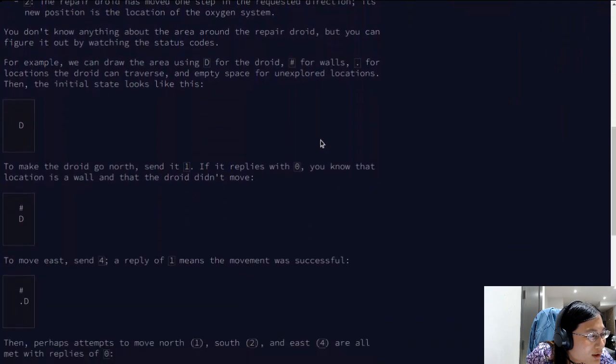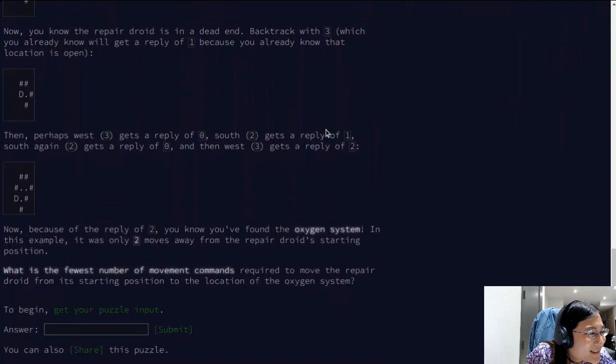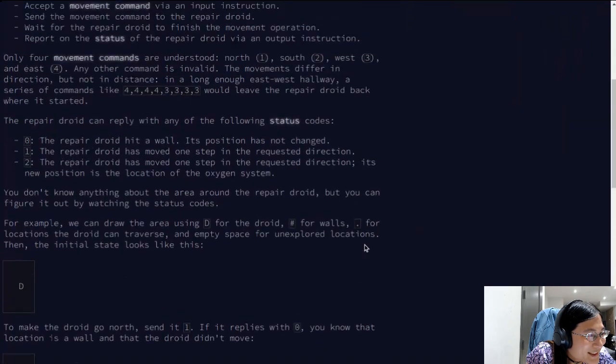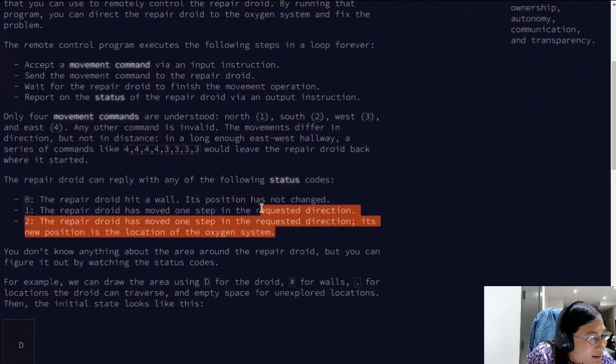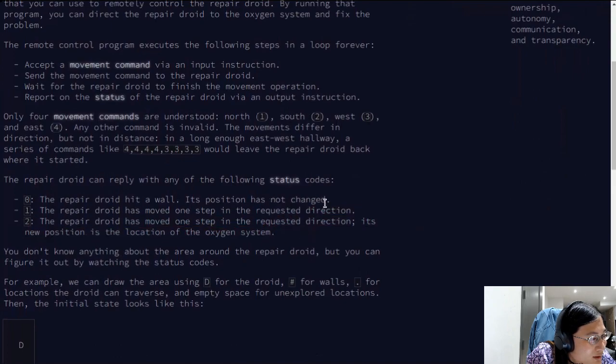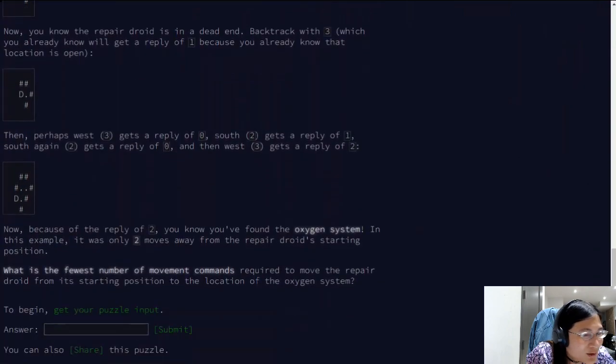Wall. Okay. I understand exactly what I'm supposed to be doing here. So 0 means wall. Okay. Cool.